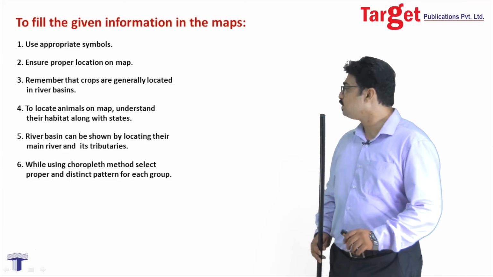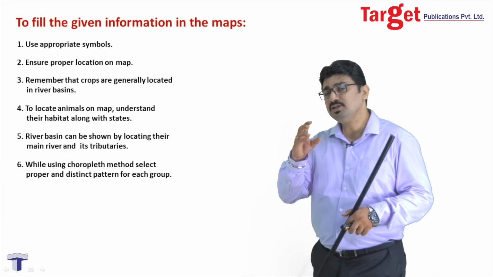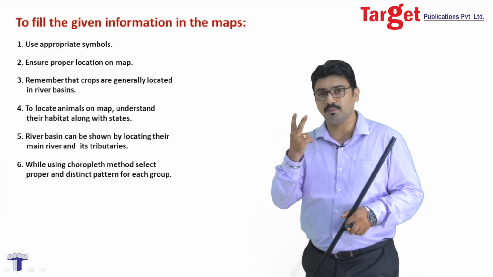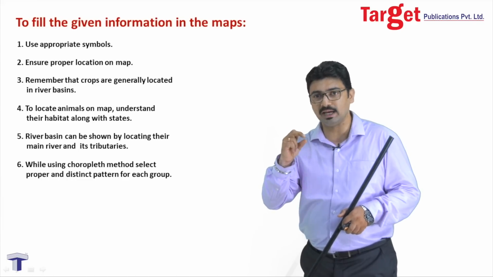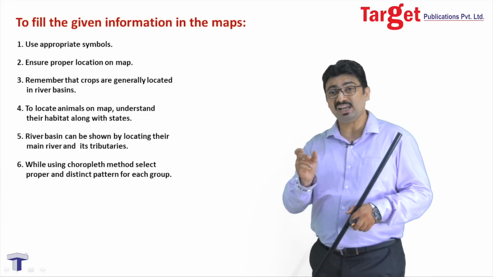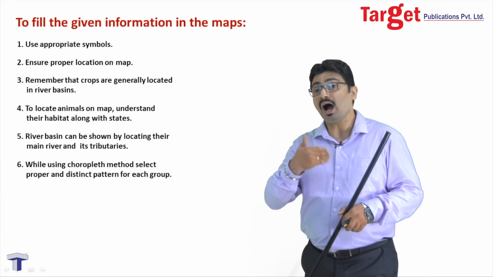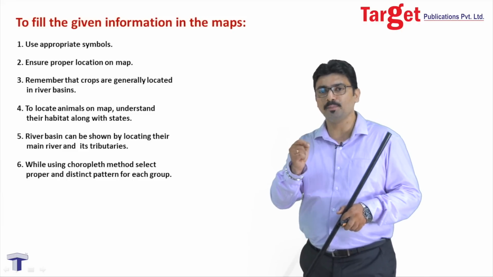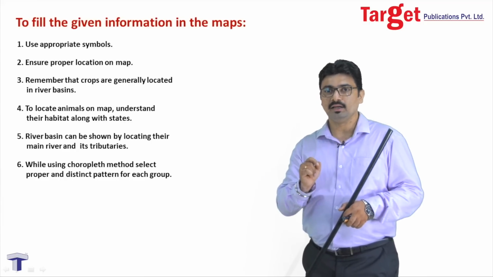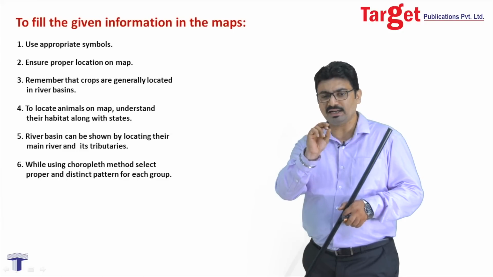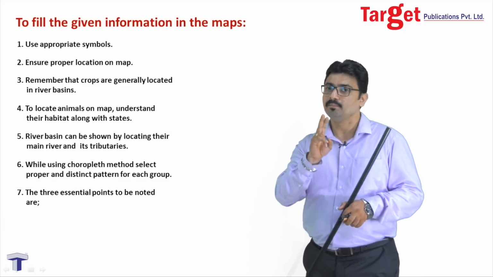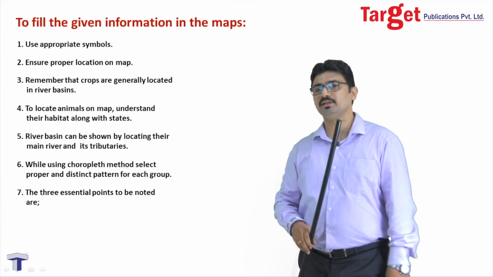Going ahead, the next important point is while using a choropleth map. Now, while using a choropleth map, we know there are two main important points. First, we have to group and categorize the data properly, say 100 to 200, according to the values of the feature that you are showing. Apart from that, use appropriate and distinct shading for each category. Each category should have a distinct shading. They should not overlap or look similar. Please take care of this while using a choropleth map.